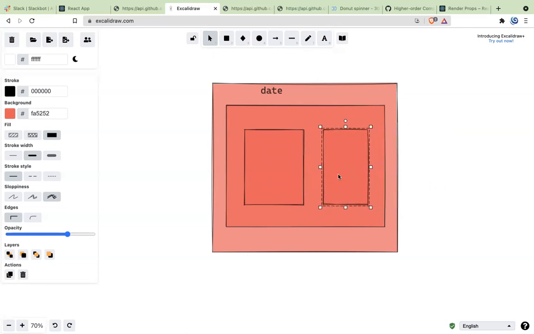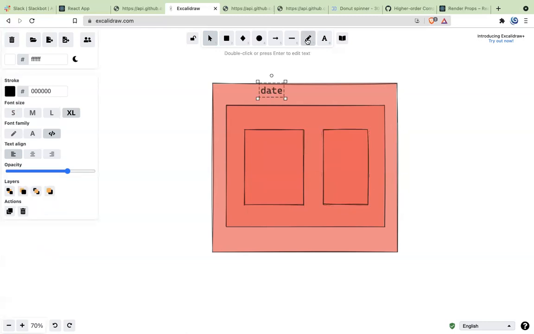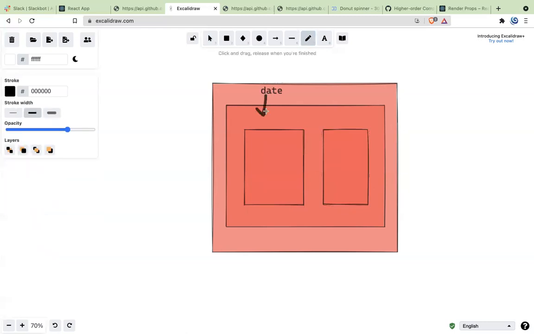So these are two components. You need to send this data, so you say, okay, go ahead, pass it as a prop, pass it as a prop. From here, pass it as a prop, pass it as a prop. So this is how you pass data from one to another.